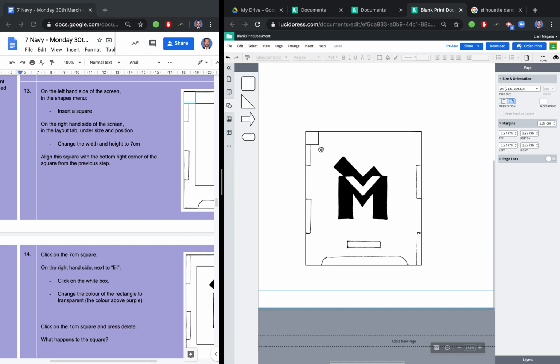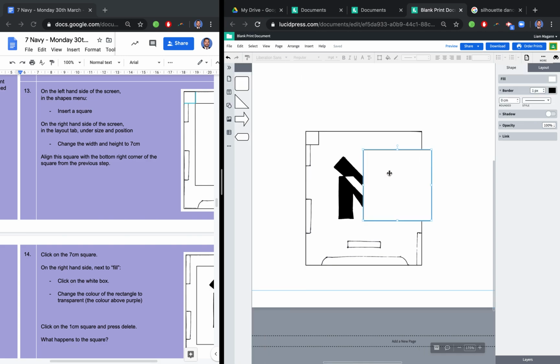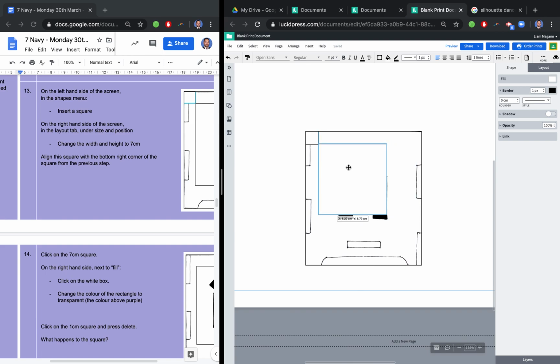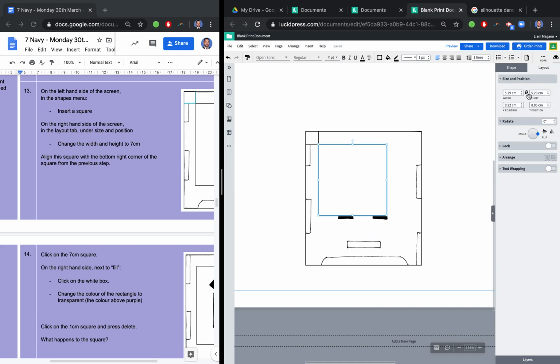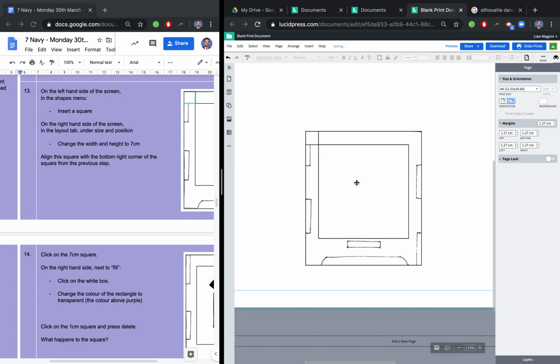With step 13, we are going to insert another square. We're going to make sure that it lines up with our previous one. And then we are going to, in the layout tab, again using this padlock, change the shape to 7 centimeters. This will indicate the kind of area that we're going to need for all of our design work to be